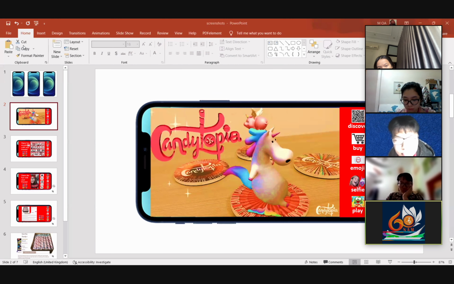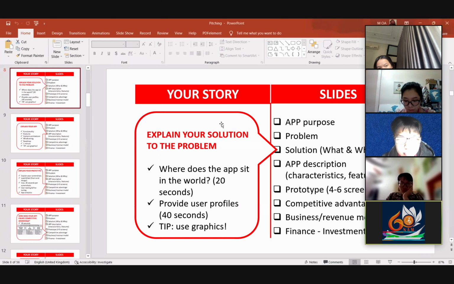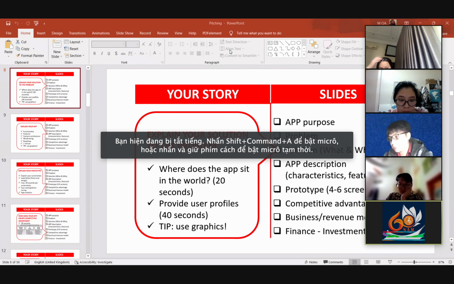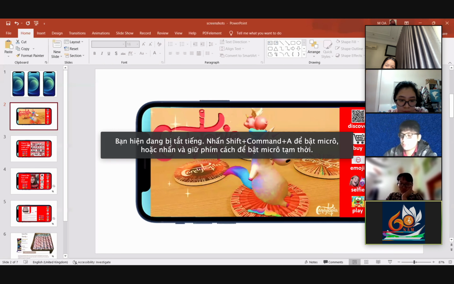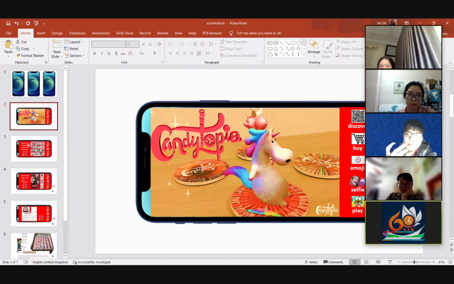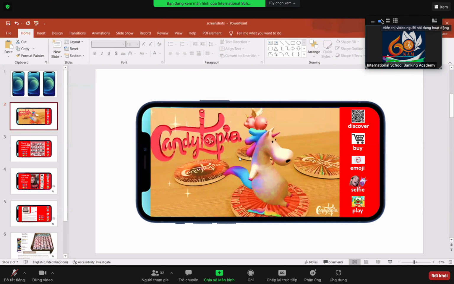The second thing that I can talk about is user profiles. So what kind of users am I going to have? If I look at this here, first I'm going to have people who want to buy stuff, maybe the parents, and for playing the games, maybe I want the kids to play the games. So the user profile will be a kid of a certain age. That is what you have to say. Then you may also talk about